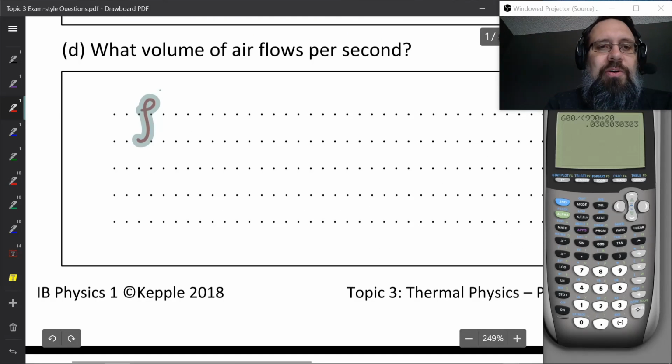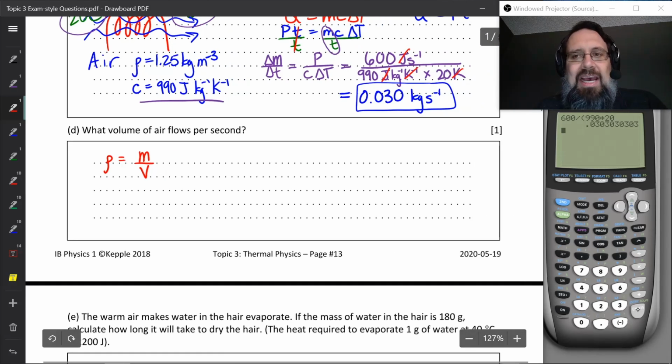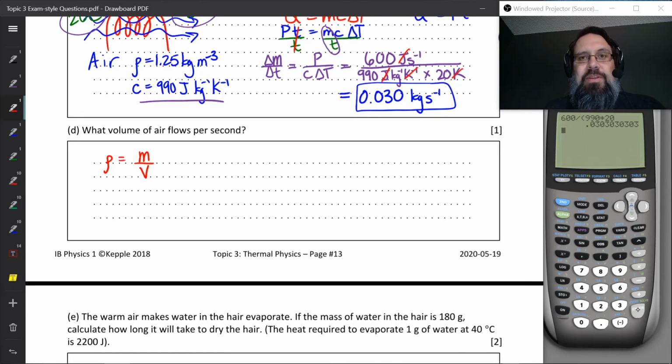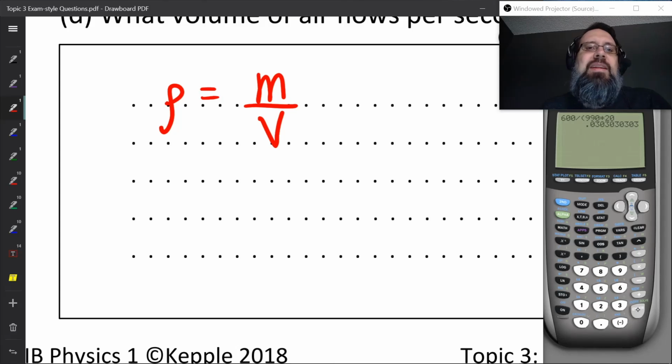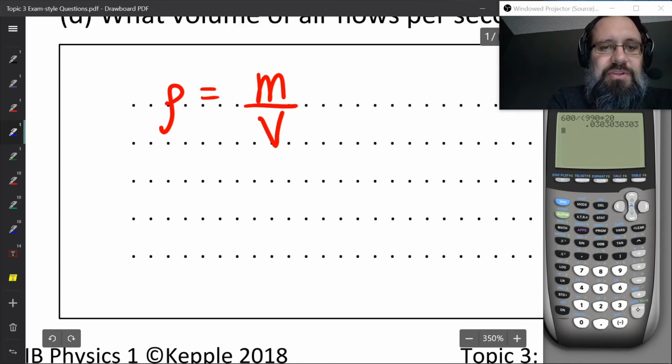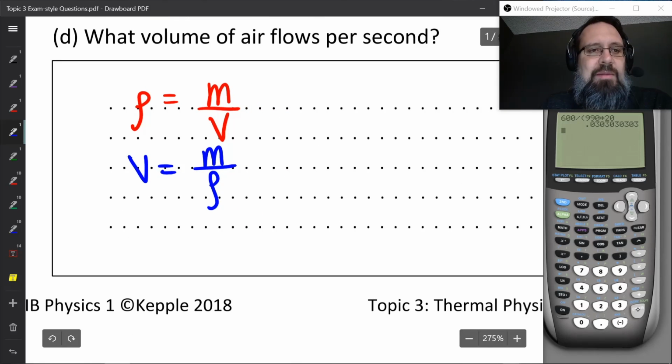That's the Greek letter rho, if you guys aren't familiar with that. Density is mass over volume. We know what the mass flow rate is, and so we just want to find what the volume flow rate is. So you could very clearly see from this equation that the volume flow rate should be the mass flow rate divided by the density. So if we just solve this for the volume, we'll see that the volume is the mass divided by the density. And so if I just divide both sides by delta T,